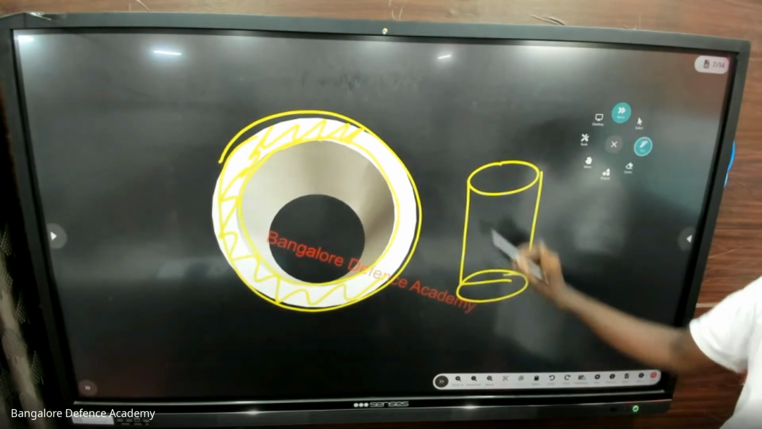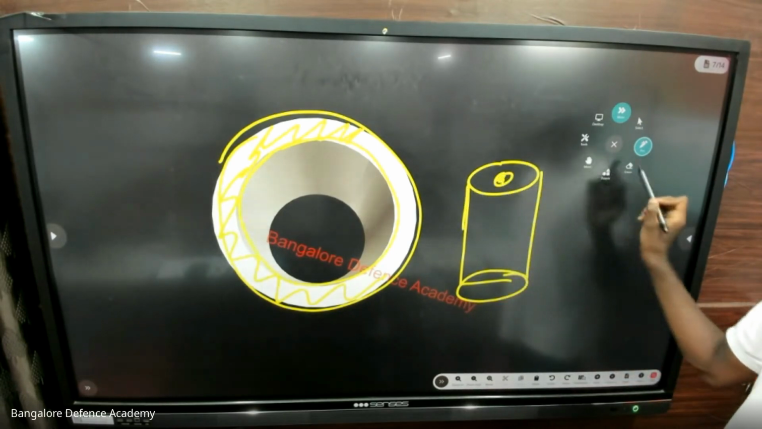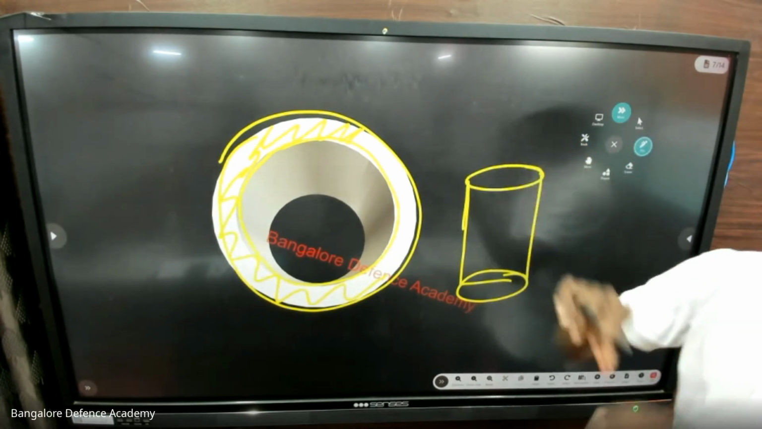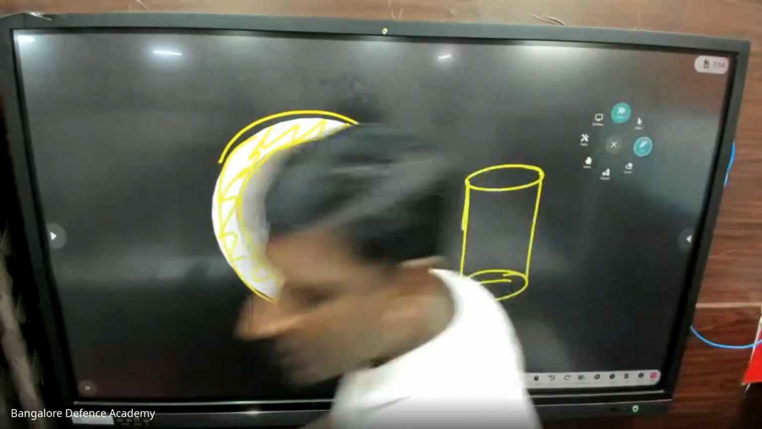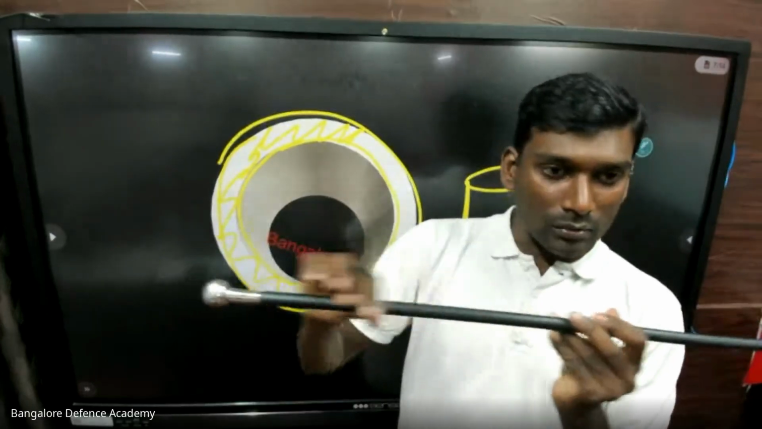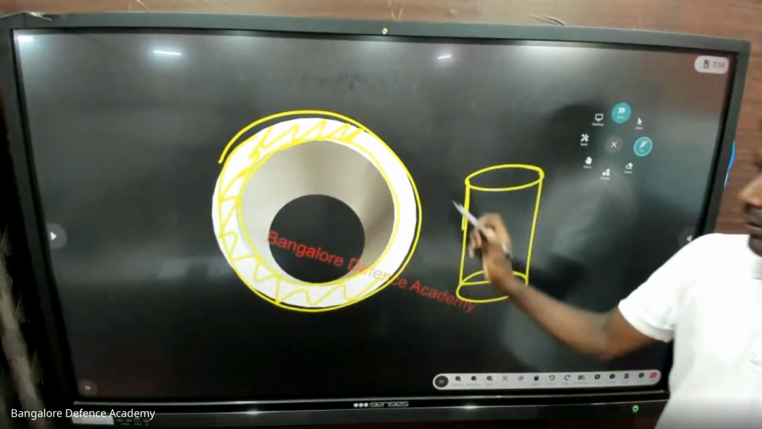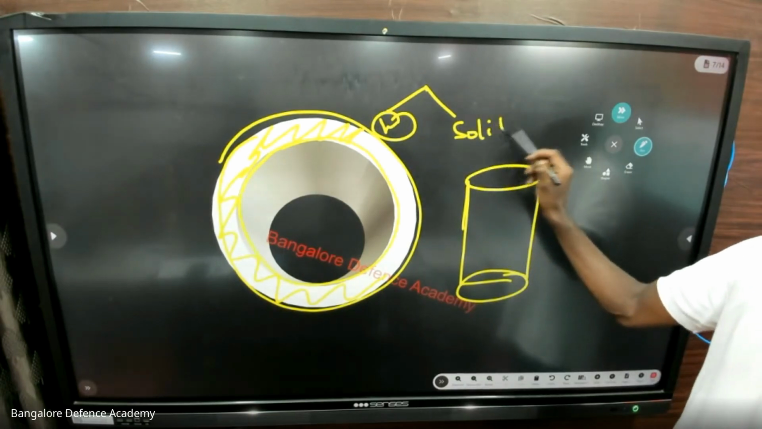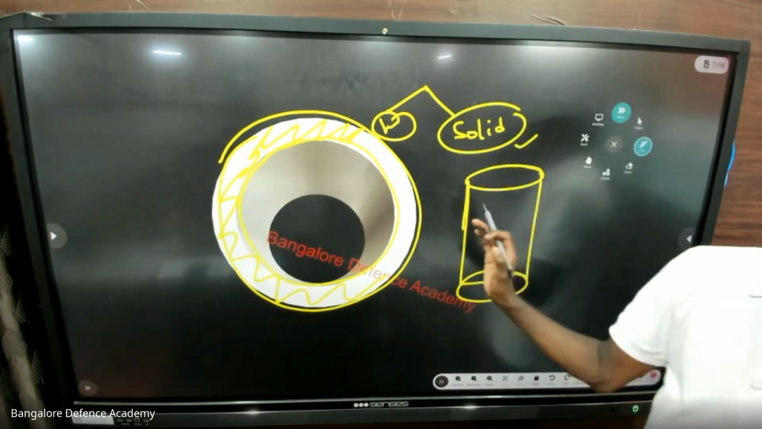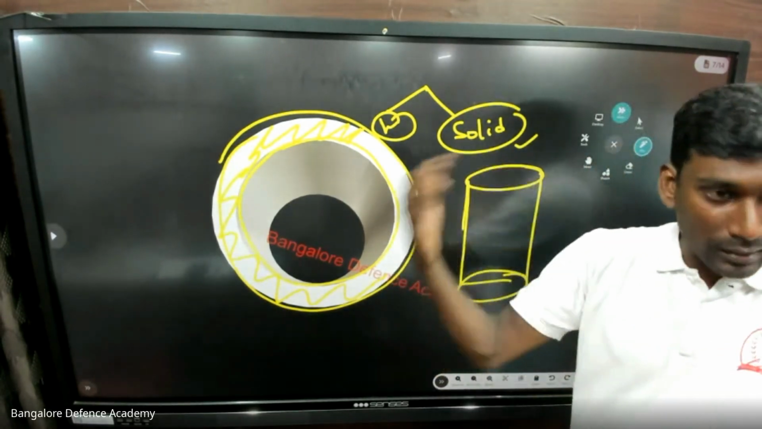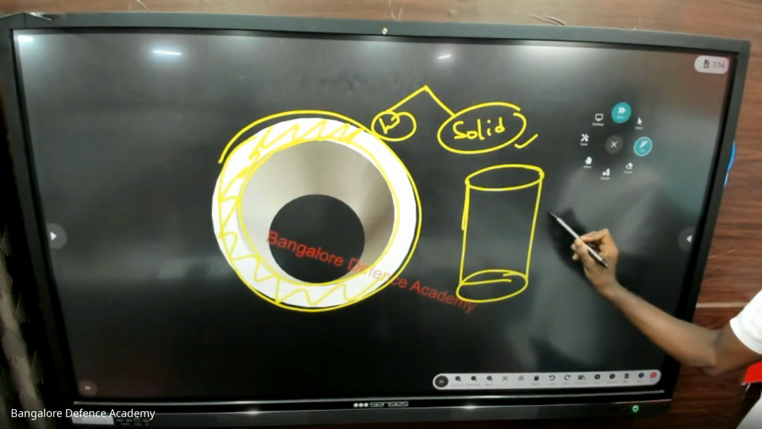A solid cylinder will look like this. There is no hole in it. It is completely like a rod. Imagine if I take this stick, it is a complete rod, so there is no gap in it. So there are two kinds of cylinder: hollow cylinder and solid cylinder. We will study the solid cylinder first because the hollow cylinder is not for you for the time being. It will come in the higher classes. Okay, so now write down